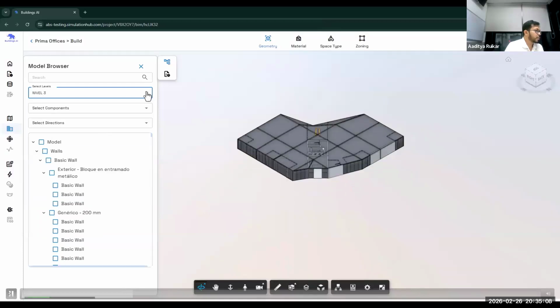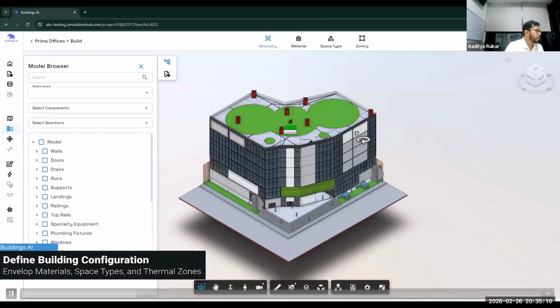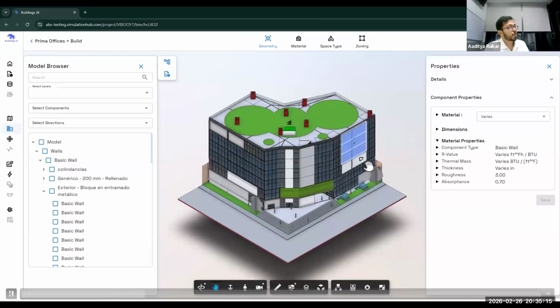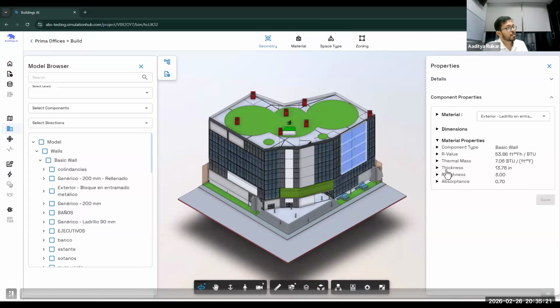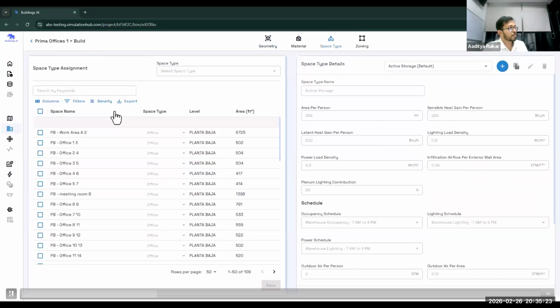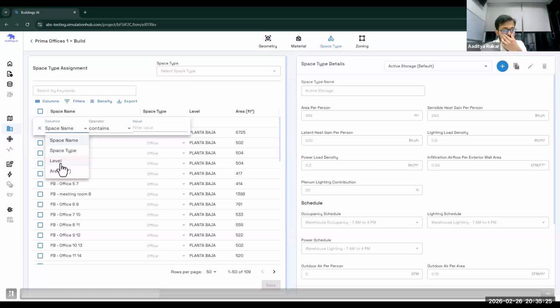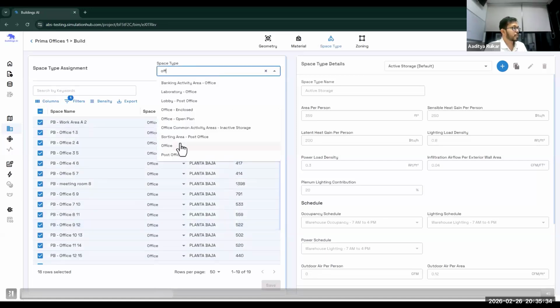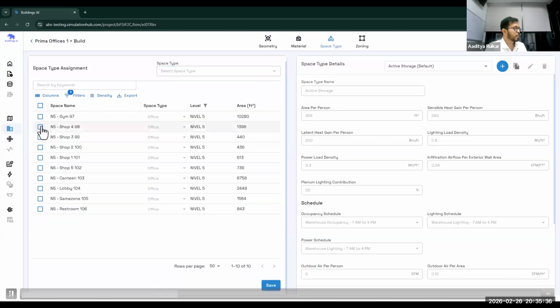You can segregate your envelope components floor-wise, direction-wise, or by component types. You can individually assign materials or use bulk selection as well. Same for space types, so that my internal design conditions and loads get considered accurately.